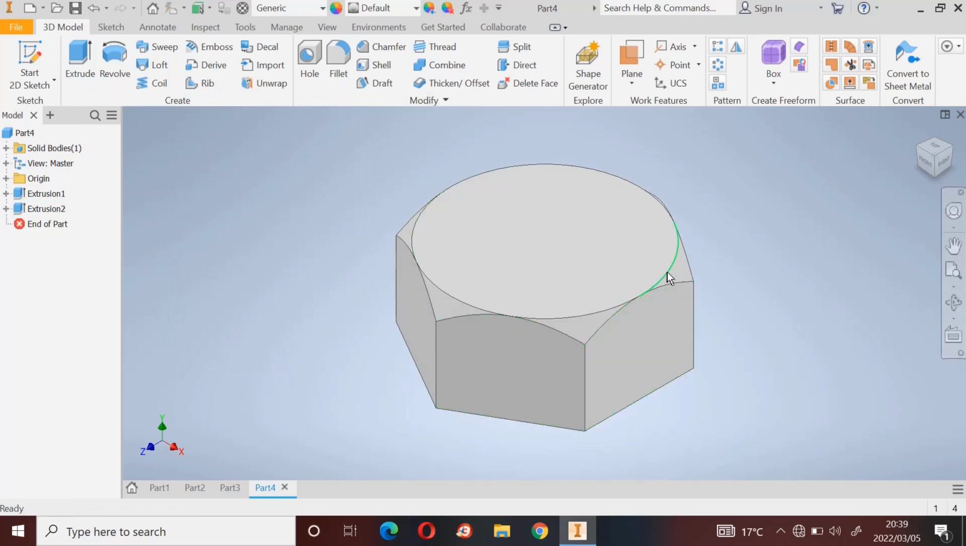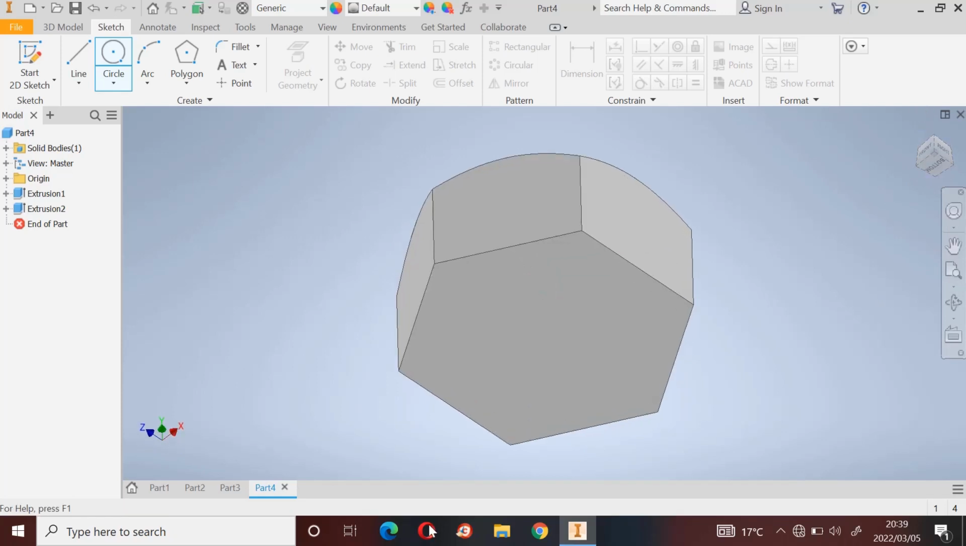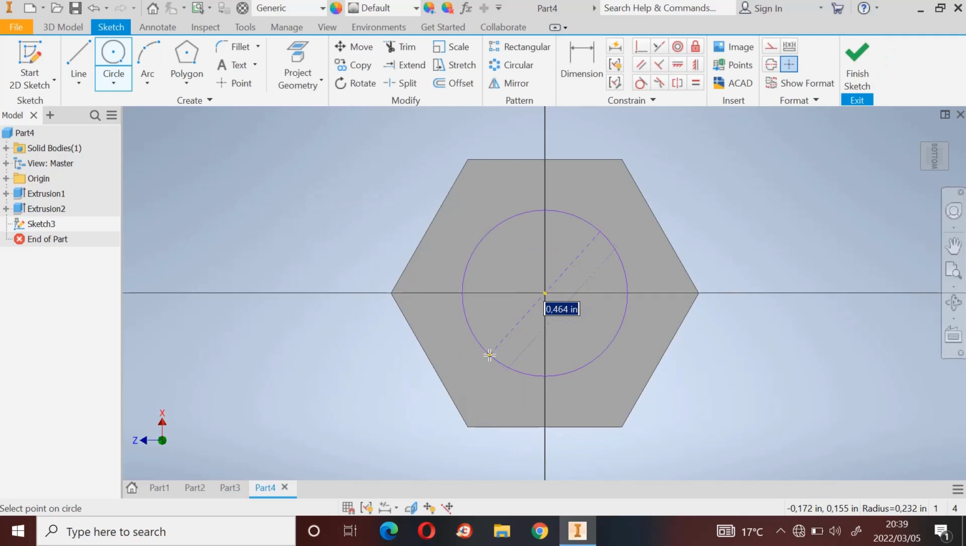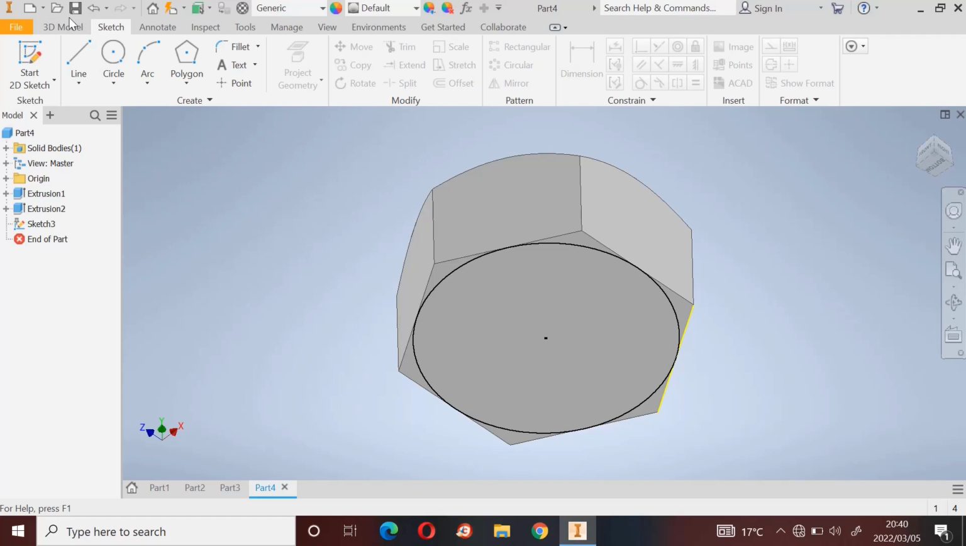After you press OK, you want to see your corners, and then now we have to do the same thing on the other side, right? So that our nut, so you just turn there, and then you come this side, you draw your circle again. This side, you put your tangential constraint here and here, and then you have your circle. Finish sketch. You come here again, 3D model,